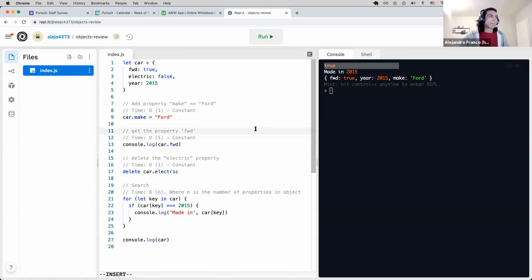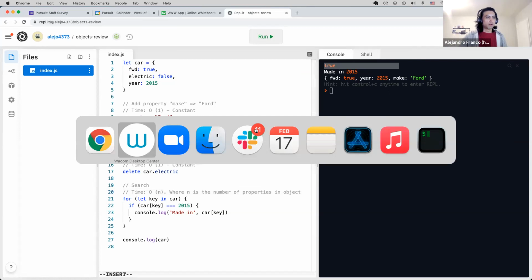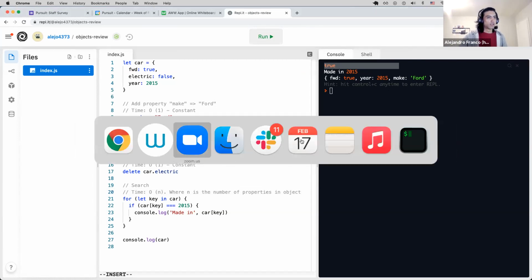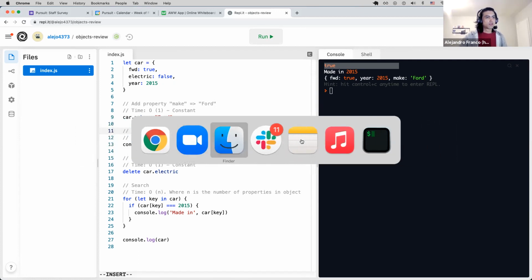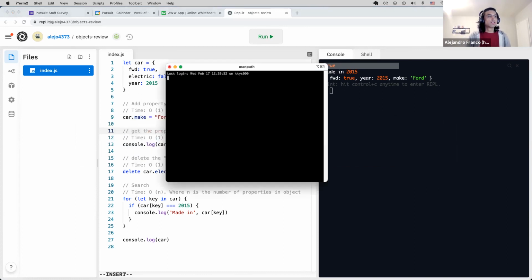So from here, where do we go from here? What is this? Instruments. I didn't open that. Close a few things. Cool. Now let's go to